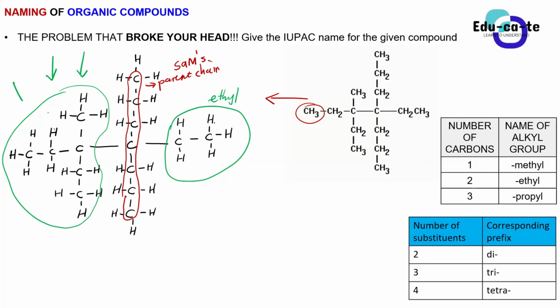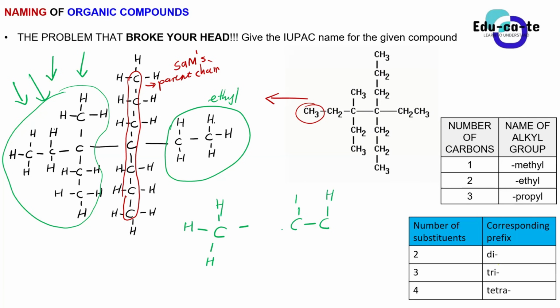Oh, you mean the alkyl group? I've never seen it. The alkyl groups that we did, guys, is methyl. It's just a simple carbon that is having 3 hydrogens bonded to it. This is the first alkyl group that we did, a methyl. The second one is an ethyl. It's 2 carbons, and then they've got 5 hydrogens bonded to them. And then the other bond, remember we said that it goes to the parent chain.